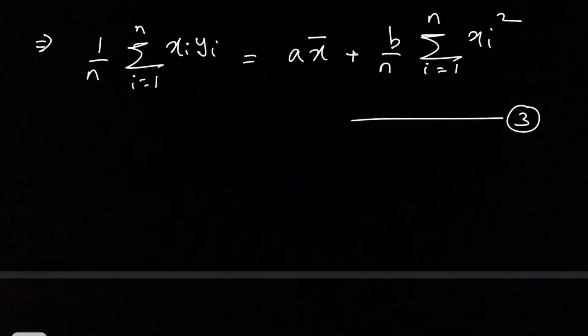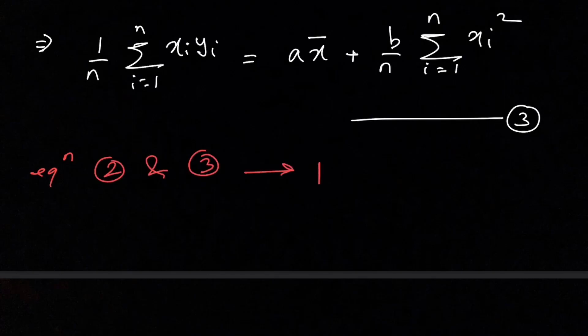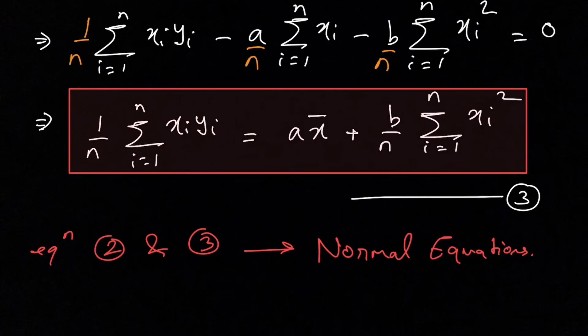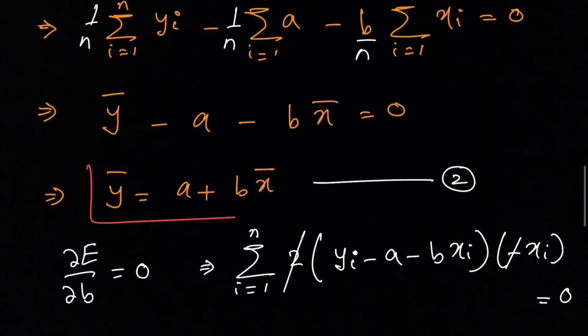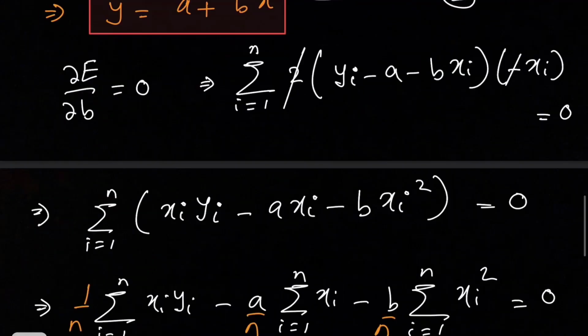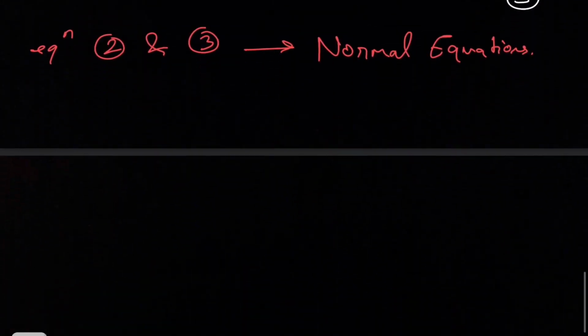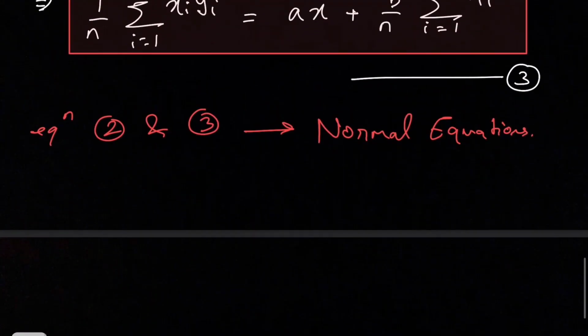Now equations 2 and 3, these are called normal equations. Let me just box them for you guys. This is one equation and this is another equation. Okay, so these are the two normal equations. Now let's just solve using the two. So using 2 and 3 we get,